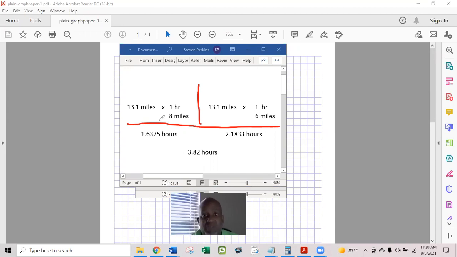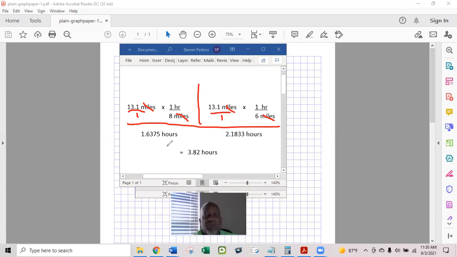Now, as I mentioned at the top of this problem, the rate can be flipped. So you can say 8 miles per hour, but it's more convenient to say 1 hour per 8 miles. And the reason you want to do that is so that the units cancel. So notice this could be written as 13.1 over 1, just like this can be written as 13.1 over 1. And the units cancel, miles in the numerator for miles in the denominator. And that leaves you with the fraction 13.1 divided by 8,